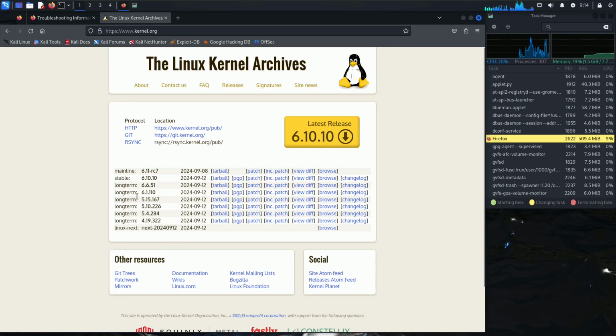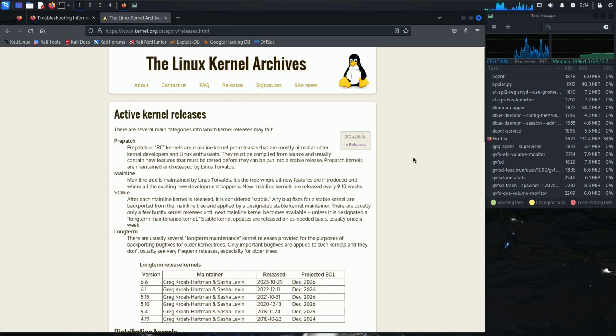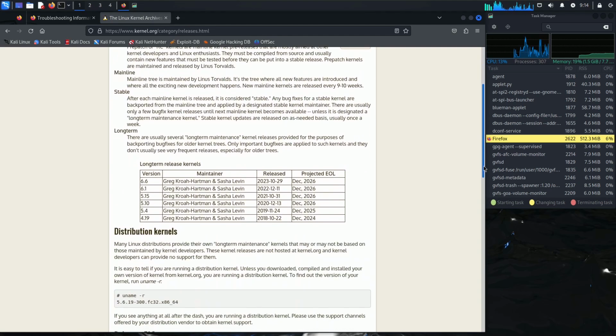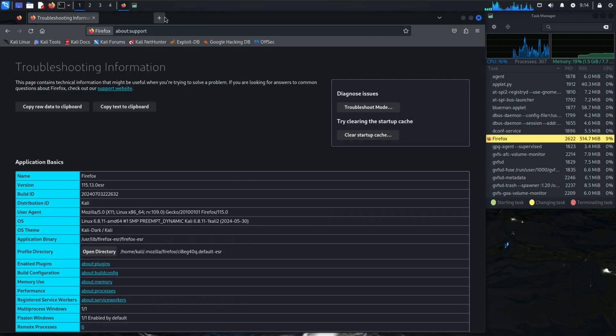Here is all the information. The release candidate 7 is 6.11. The stable version is 6.10.10, which is released on this date. And the long-term versions are right here. About the releases, you can click on the releases to get some kernel information. So here is all the information. Let me close this and let's continue with the video.